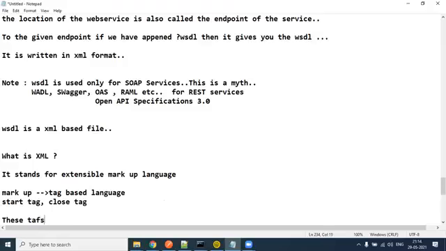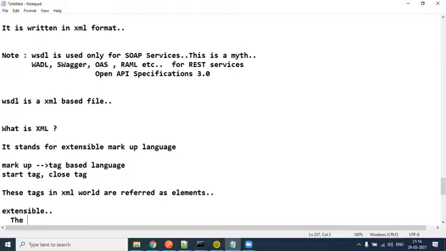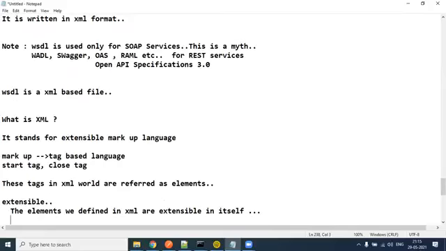These tags in the XML world are referred to as elements. So we do not use the name tags, but we call them elements. Extensible has two explanations. The elements we define in XML are extensible in themselves. That is one reason it is called extensible markup language. Another reason is this language itself is extensible to create